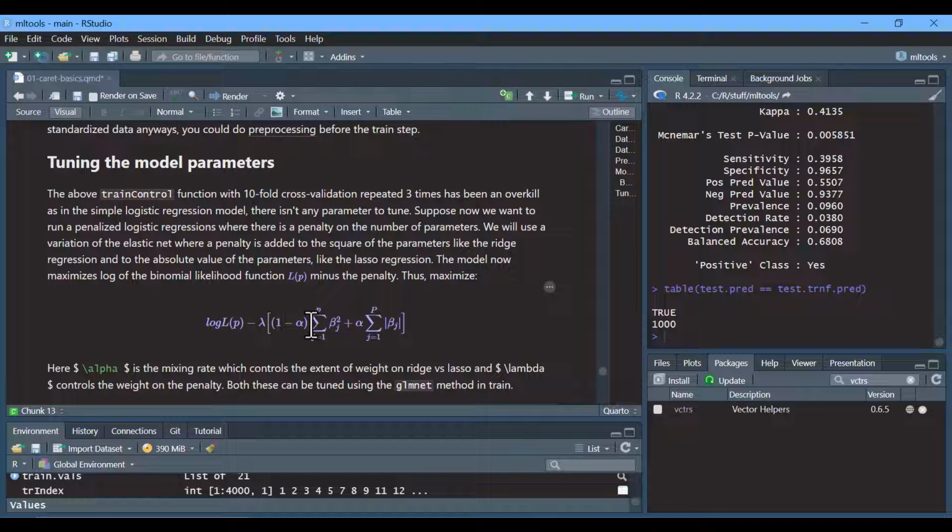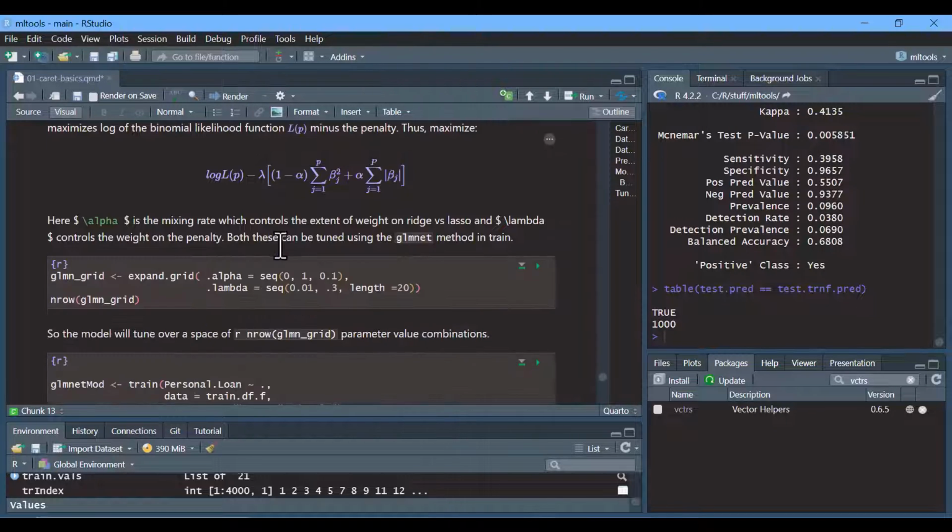And then alpha is like a mixing variable. If alpha is 0, we are in the ridge regression framework. If alpha is 1, then it's a lasso regression framework. So alpha controls the importance given to ridge versus lasso, which is like the elastic net framework. So in tuning, we want to find the optimal values of lambda and alpha that we need. So